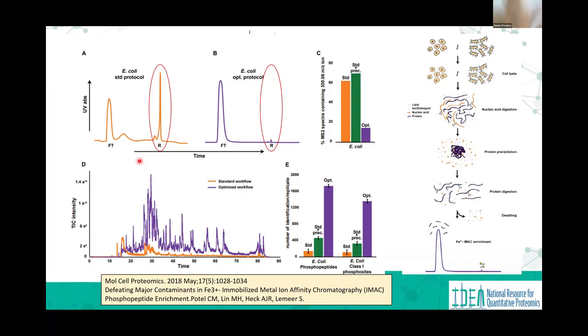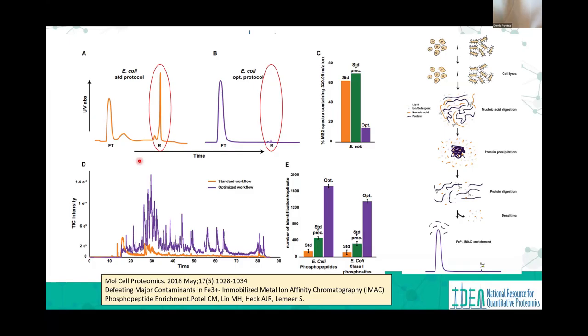And what they found was that DNA fragments, negatively charged, will quite happily bind, using coordination chemistry, to titanium and iron. But if they treated these samples with benzonase to digest the DNA down small enough, they didn't have the issue. And so they got much, much better results.